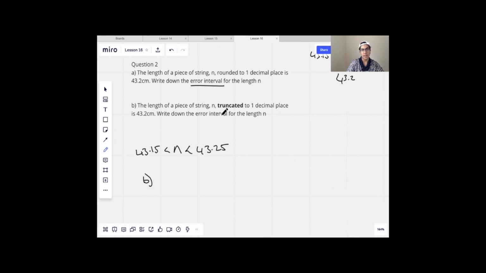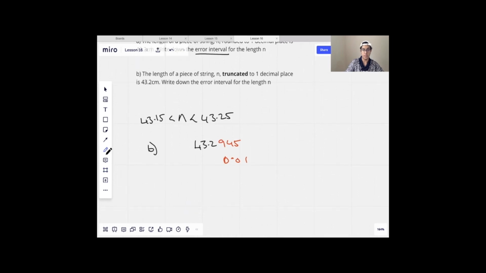Okay, let's consider B. The length of a piece of string n truncated to one decimal place is 43.2. Write down the error interval for the length of n. Well, when we truncate 43.2, there could have been any digits here, because we just chop off the rest. So, for example, it could have been 43.2945, or it could equally have been 43.20001. And since we just cut off everything after 43.2,